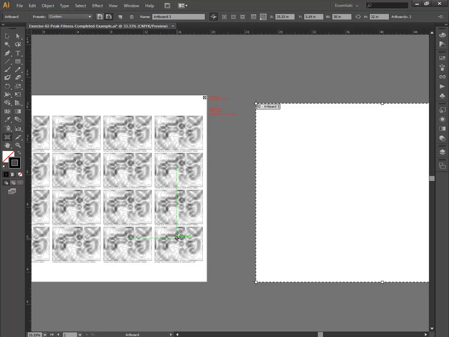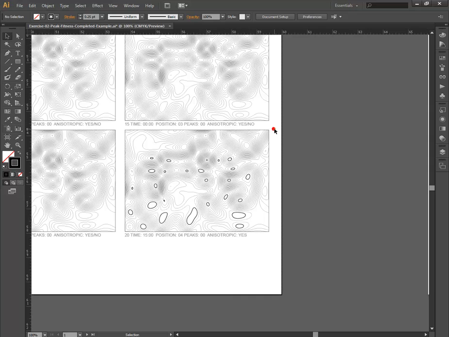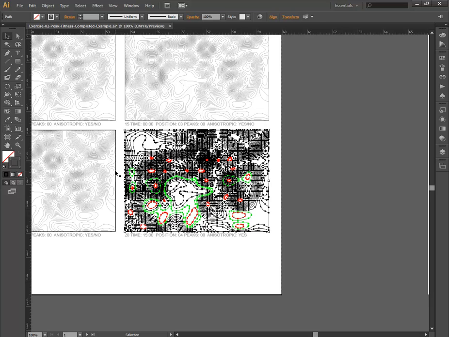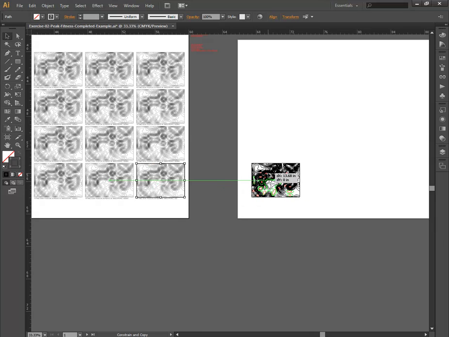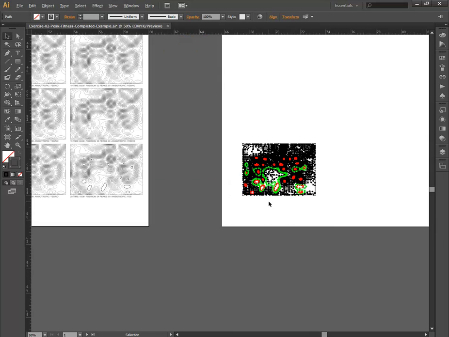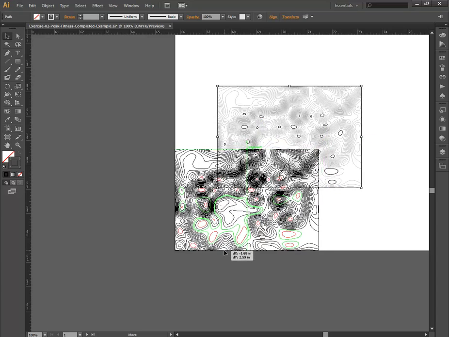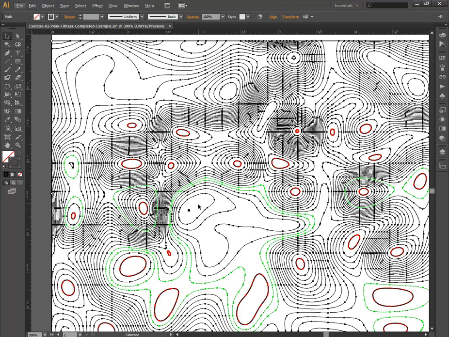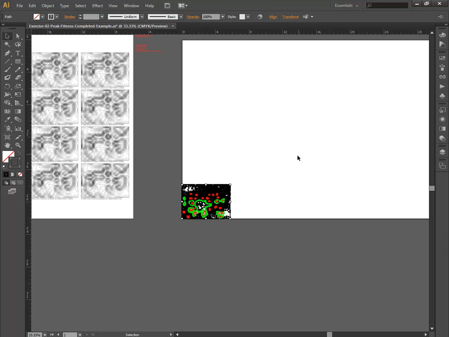I'm making it basically the same size as my drawing here. So once that's done, I'm going to select the drawing itself. I'm going to select the whole drawing just by drawing a box around it. I don't need the text at this point. And I'm going to hold down Alt and drag it over to make a copy of it. And I'm going to align it down at the bottom of the artboard as well. And with everything selected,